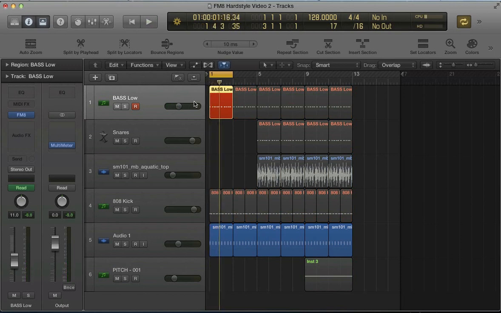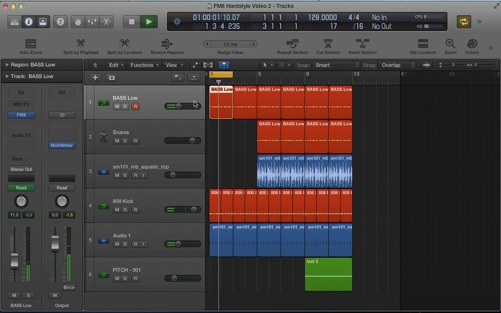we want to layer this up, just because the drop of this track, or a track like this, is very sparse. You know, it's just that hardstyle sound. It's just a really boomy kick and just a bass stab. So we need that bass stab to really fill the frequency spectrum. So do this by layering this bass stab up, creating a couple of different instances and just processing them slightly